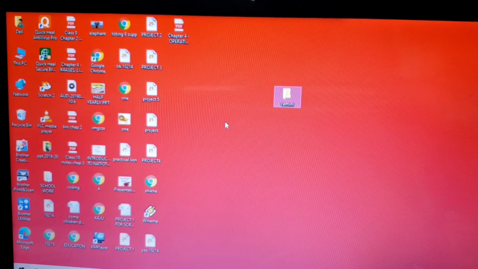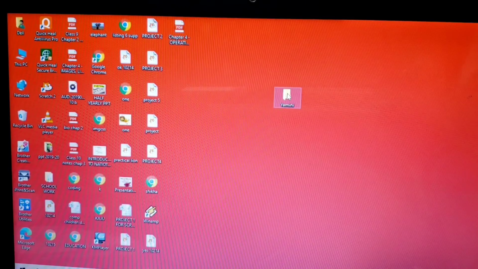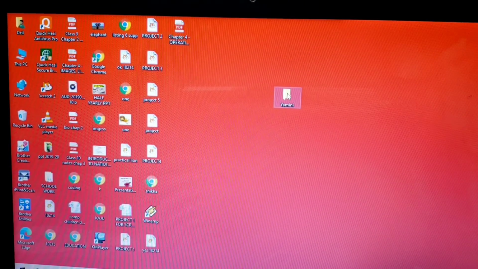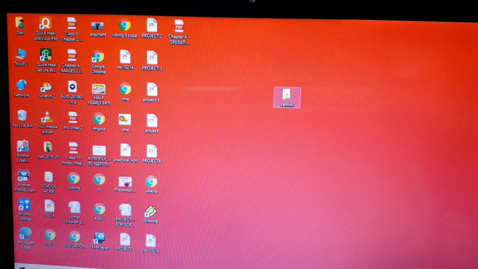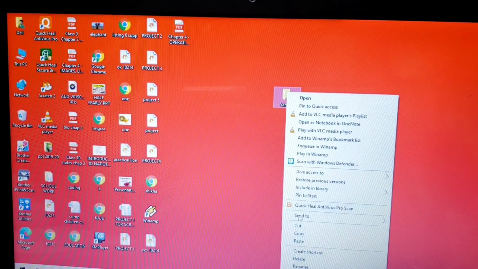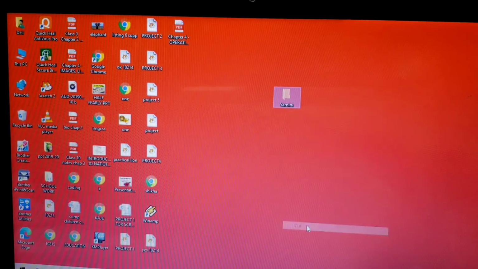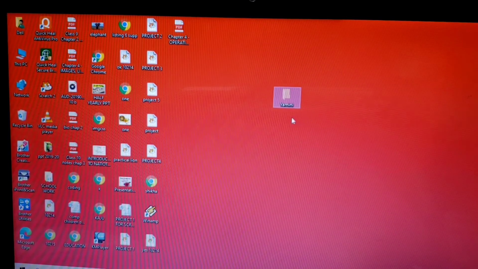Now next is moving or copying a file or folder. Let's see how we can copy or move a file or folder. See, there is one basic difference between copy and move. When you copy, that particular file will be available in both places. But when you choose the move option, it is available only in one location. Moving means you simply select this folder and choose the cut option. See, now it is a little bit faded.